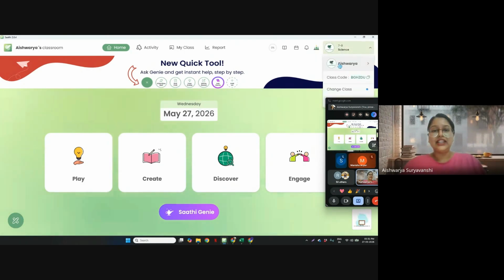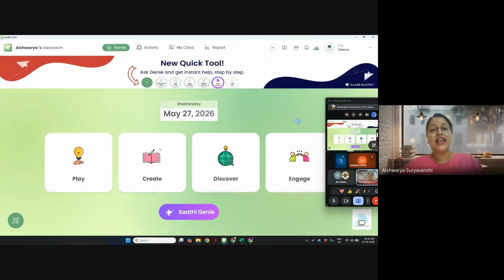Now that we have created the questions, we have understood how to make use of questions. Let's see what the additional features are inside the application that will help you to teach, or maybe support you in explaining particular subjects, right? So let me show you the whiteboard.